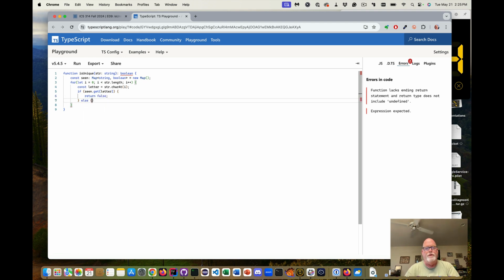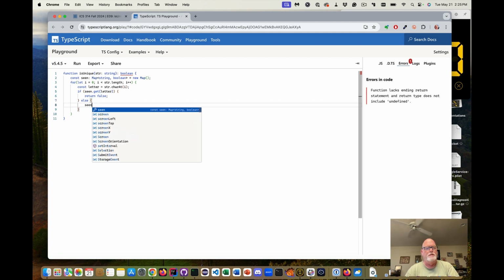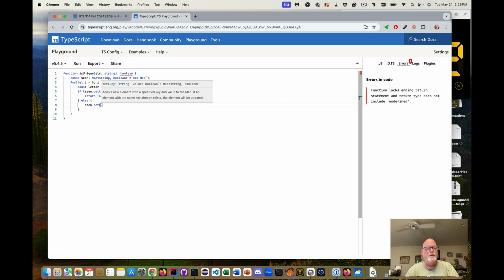Else, we want to record the fact that we've just seen letter, so we say seen.set letter and true. That indicates that I've seen this letter, so the next time, if I see it again, the first part of the if will return false.